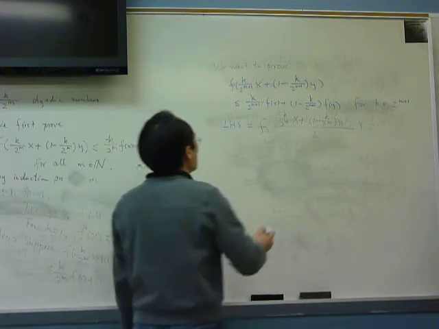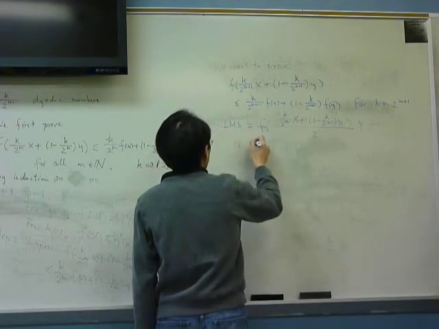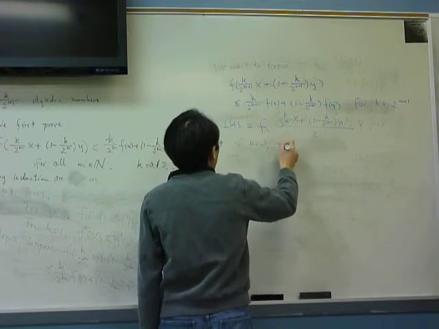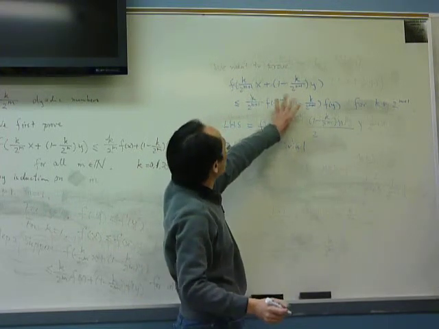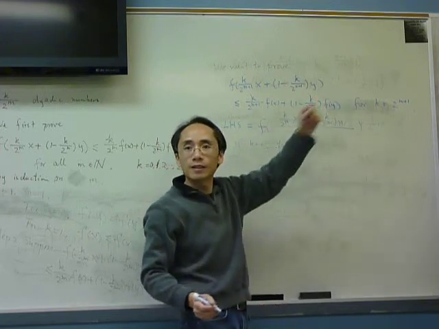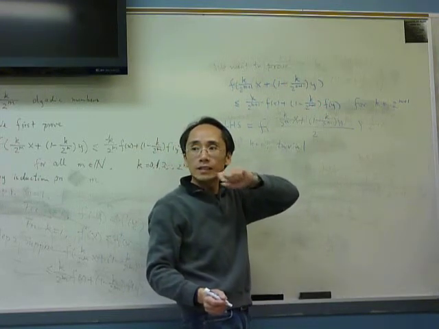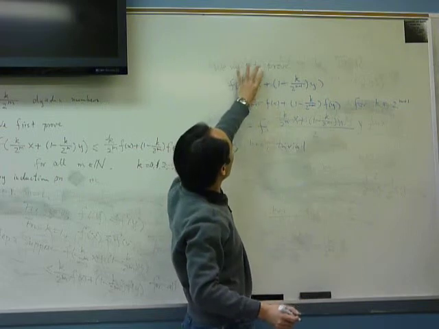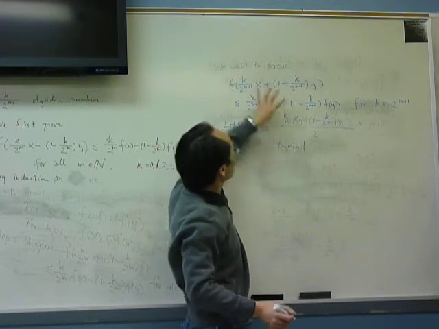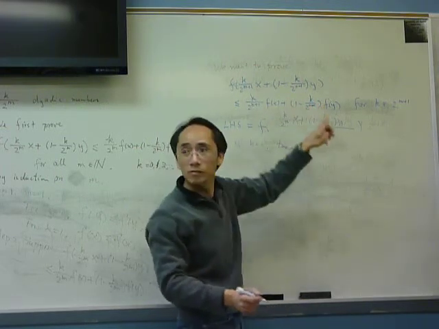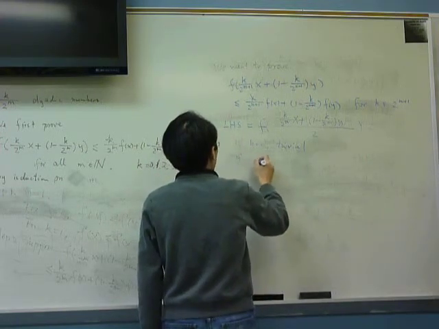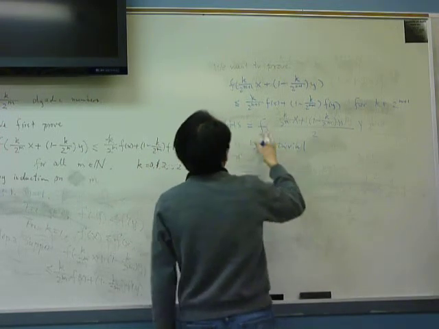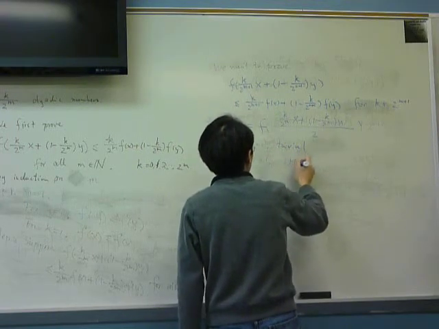Well, if k equals 0, it is trivially true, right? With k equals 0, you don't have x, you only have y. That's f of y less than or equal to f of y, right? So now if k is larger than or equal to 1, then the left-hand side I can write it as